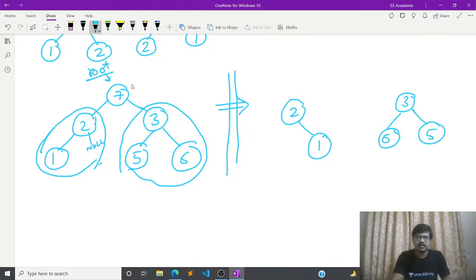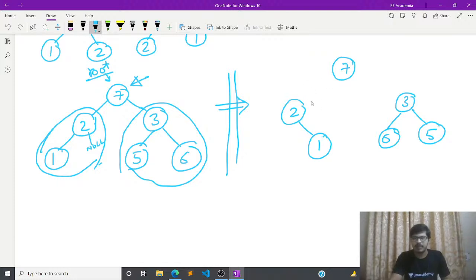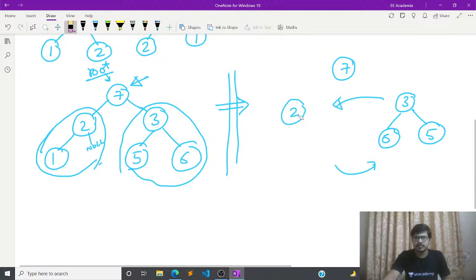Now it is the turn to invert the entire tree. Now you come here. To invert this tree is nothing but you will swap this with the left child and swap this with the right child. So now the tree will look something like, if you swap the entire tree,